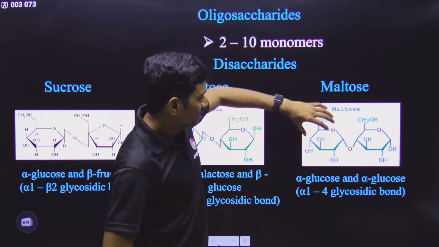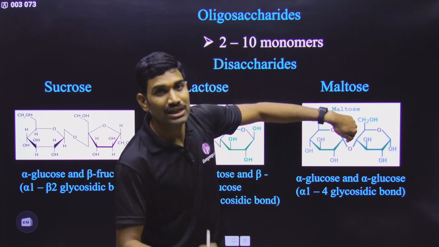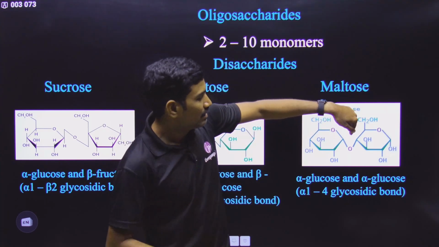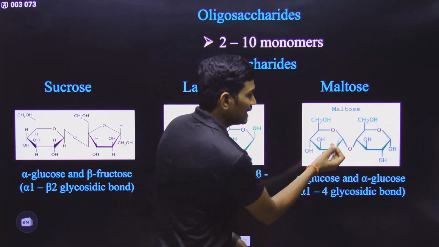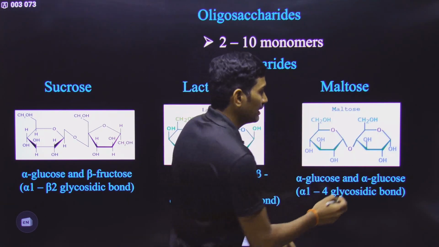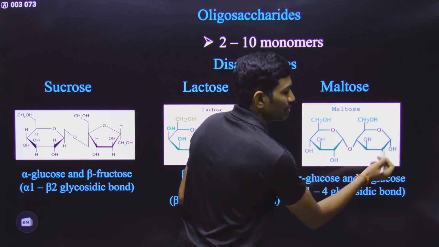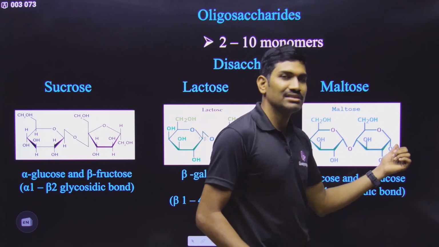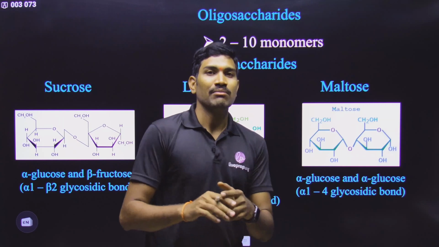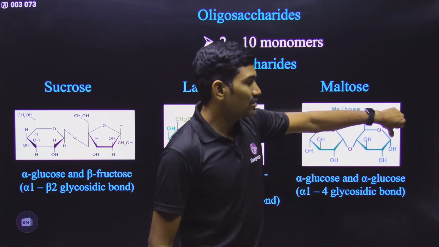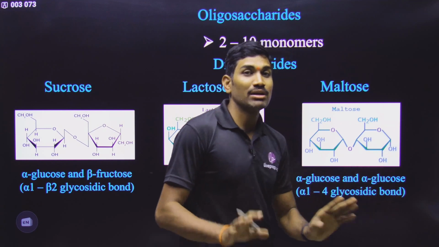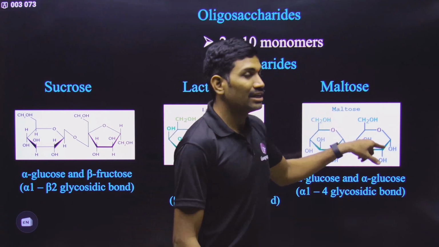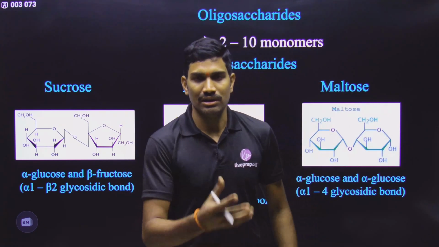Now you just observe. In the case of maltose, the first carbon aldehyde is in bonding with the fourth carbon of the next glucose. That means here the aldehyde is not free. But for this one, the first carbon aldehyde is free. Here it is the ring form, that's why we are writing like this. But if you write the linear form, this is the carbonyl carbon, and that is free. So at least this carbonyl carbon is free, so this can reduce that reducing agent.